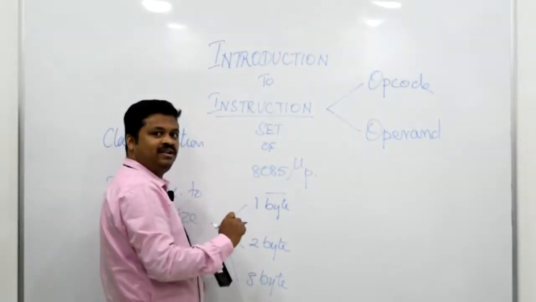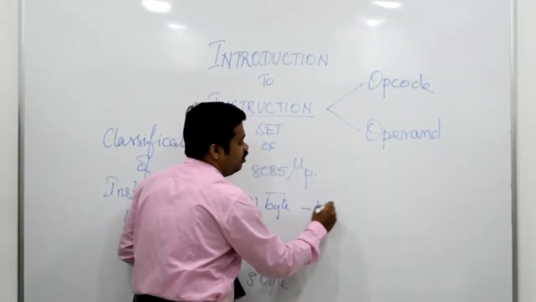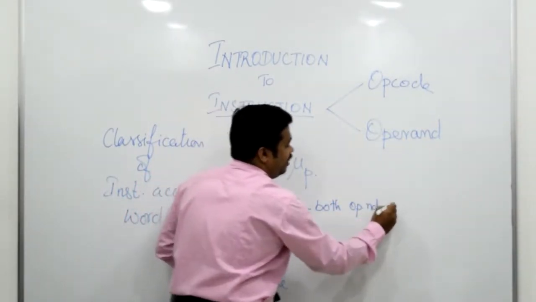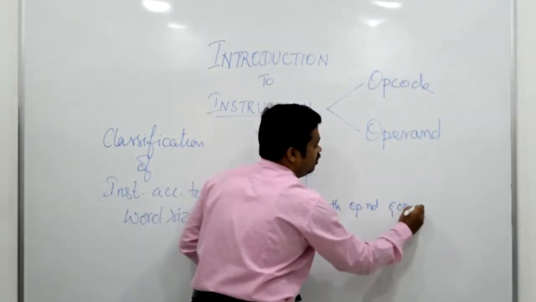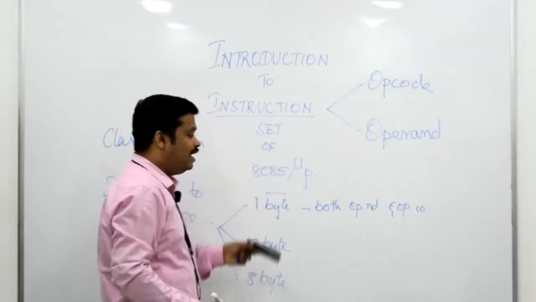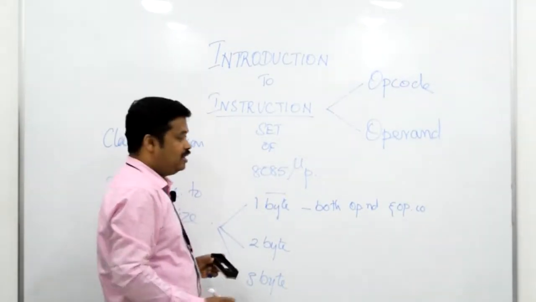If an instruction in an 8085 microprocessor has both the operand and the opcode in the same instruction, you call it a 1 byte instruction. For example,